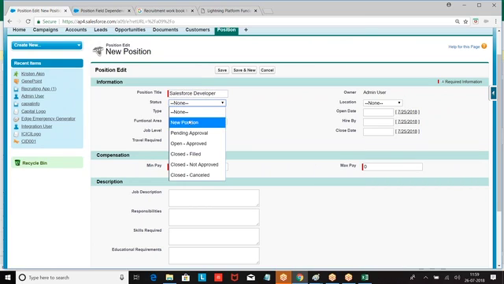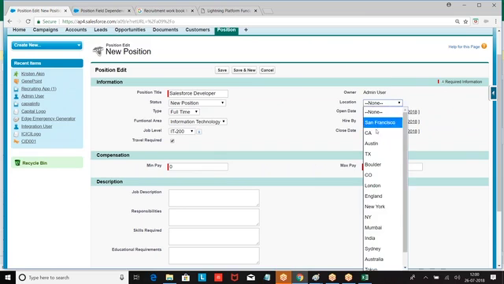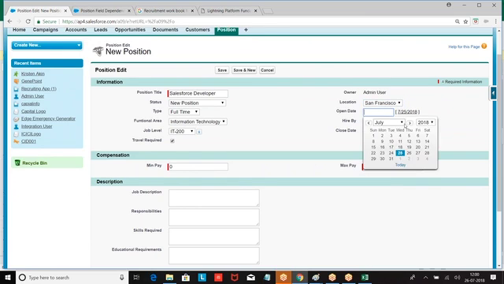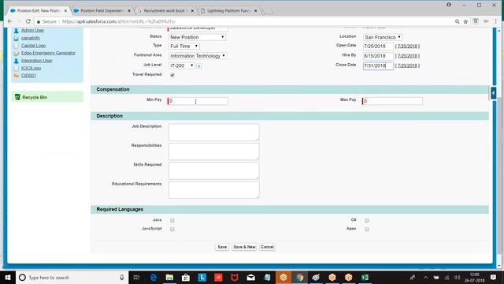Salesforce developer, status, new position, full time, functional area, IT. Job description. Some data I am giving.